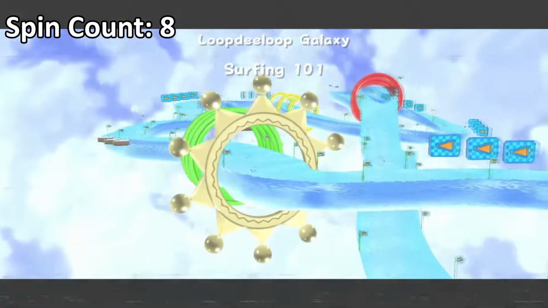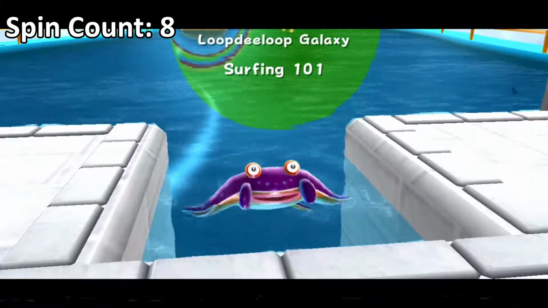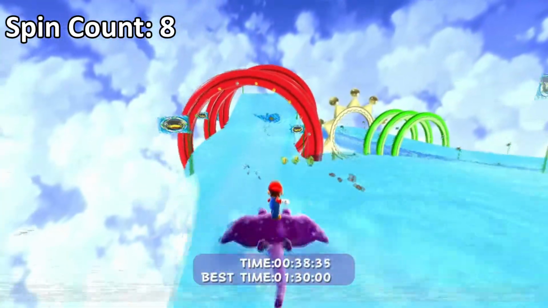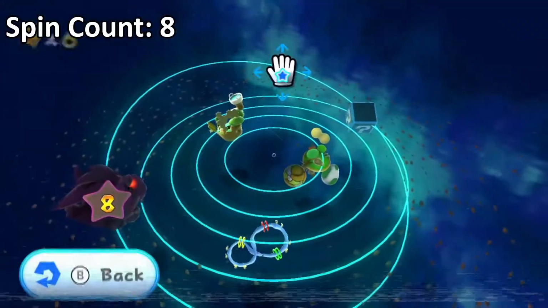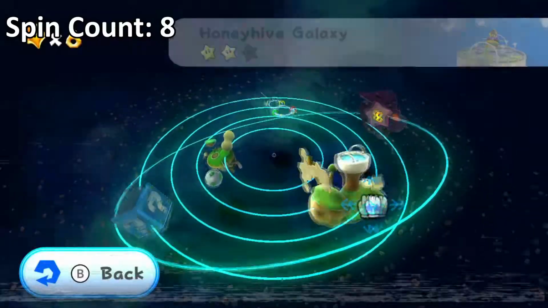Loop-de-Loop Galaxy is just a free star because you really don't have to spin at all. It's a really nice way to get an extra star. However, right after Loop-de-Loop Galaxy, you have no more stars to collect, which means you have to go back to either Honey Hive Galaxy or, well...